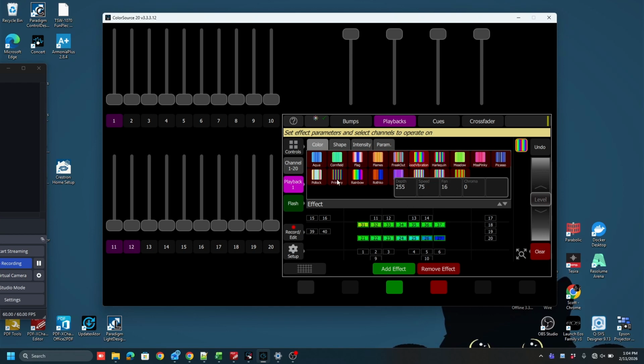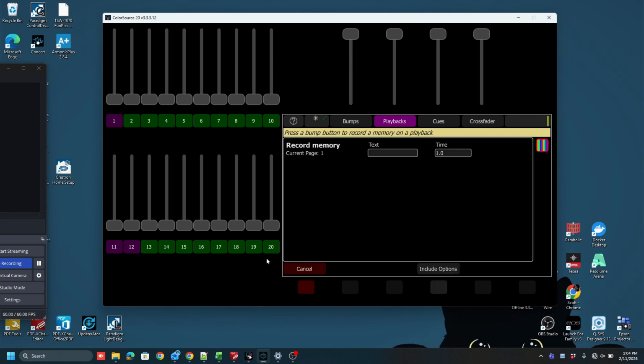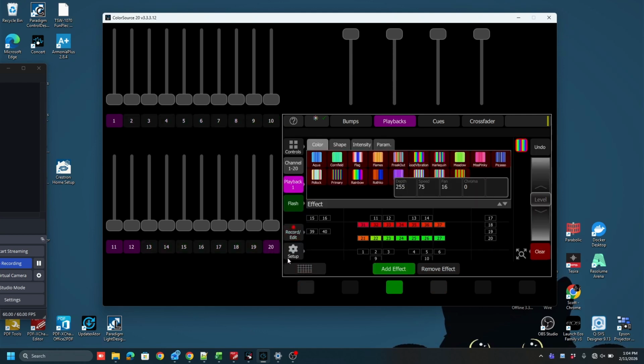So with this set, I like how this looks. It's going to work good for me. What I can do is I can go back to my record edit. I can record a playback memory, and I'm going to put that onto number 20 here. So now if I go back and clear all,